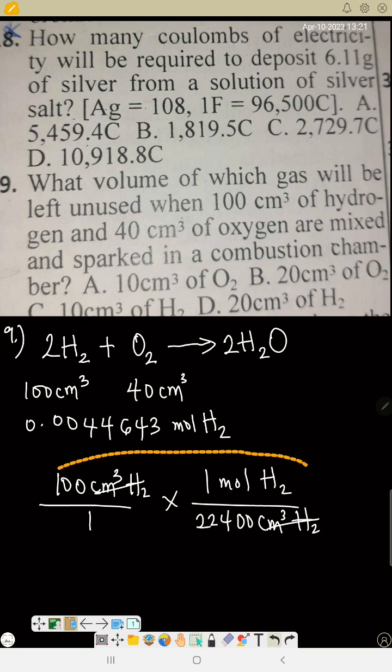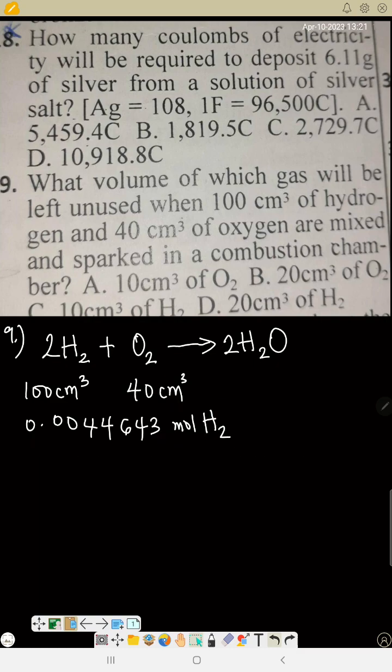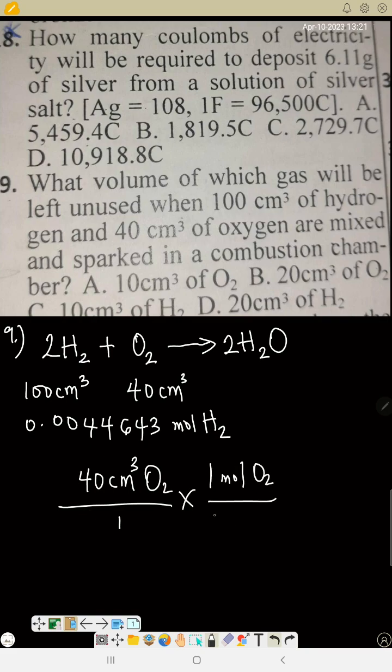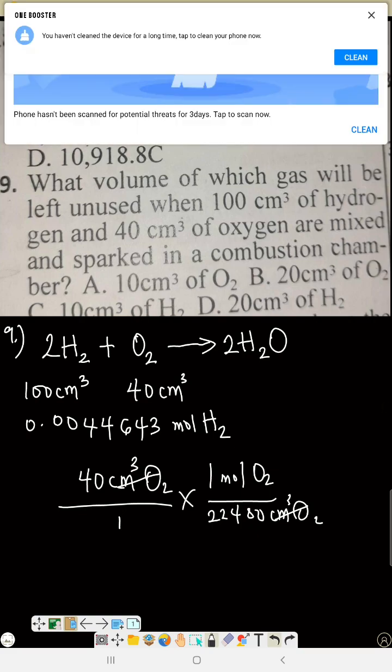Now what of oxygen gas? Change it to mole also. 40 centimeter cube of oxygen gas divided by 1 times 1 mole of oxygen gas, 224,000 centimeter cube of oxygen gas. So this will cancel out. Now 40 divided by 224,000. So that will be